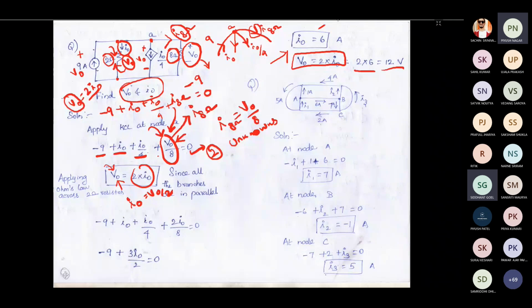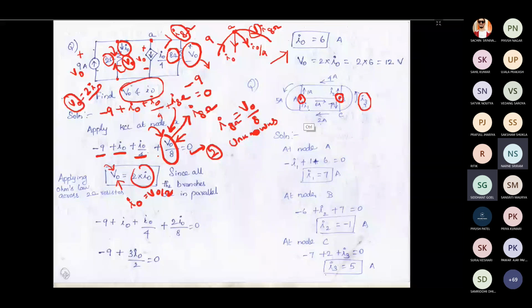Now for another KCL problem, this is another problem here. Here what we need to find is I1 and I2. Remaining all other things are given, we need to find I1 and I2. So these are the variables for this circuit. Obviously you know that this is a node and this is a node, right? So you can apply KCL at this node and at this node, and you can find the solution further. Here I3 is also a variable. So you have to find these three things.